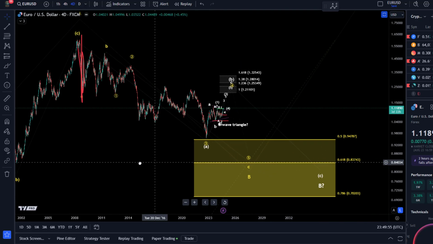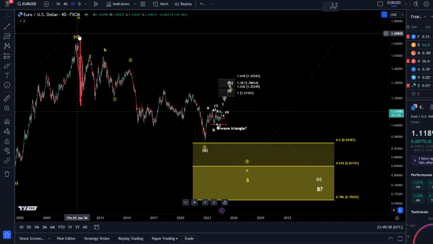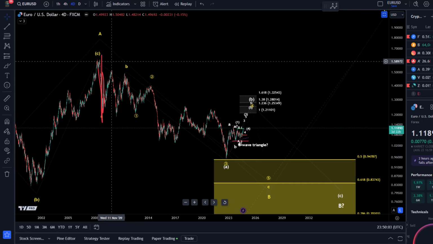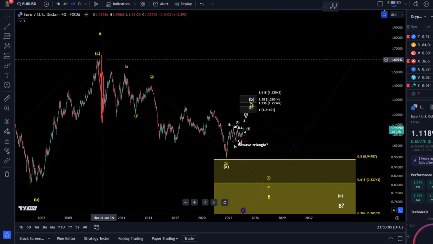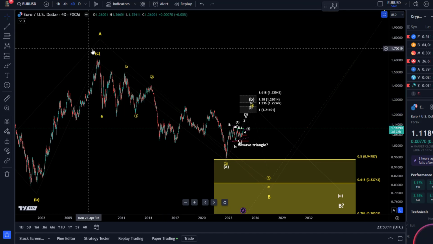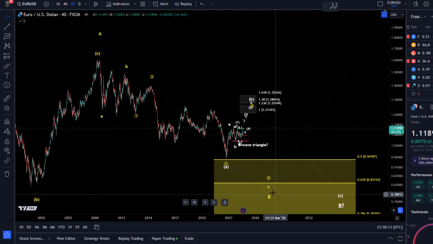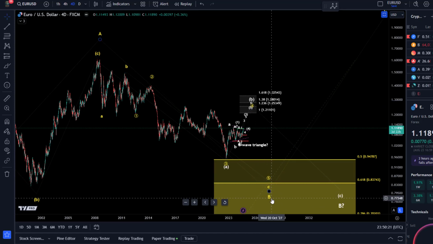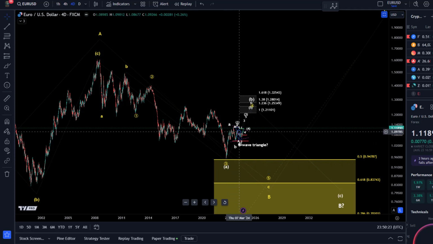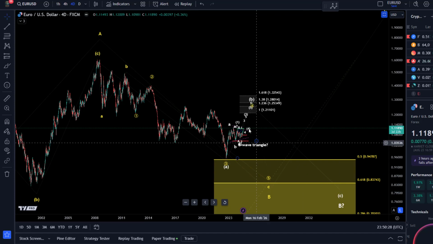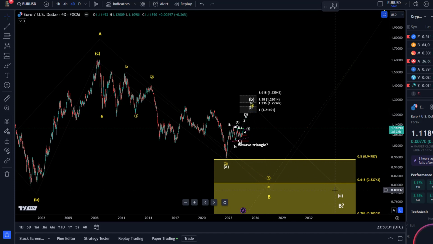You can see that the current idea is that the Euro-USD pair is in this downtrend that started up here at this A wave top in 2008. So we're talking about a very, very long-term decline here. And the pullback is seen as a B wave. In one scenario, the B wave is nearly finished, and we might just see one more low in wave 5 of C of B. In another scenario, we have started a larger B wave rally, and we would see another larger C wave to the downside eventually. So long term, still further downside expected.